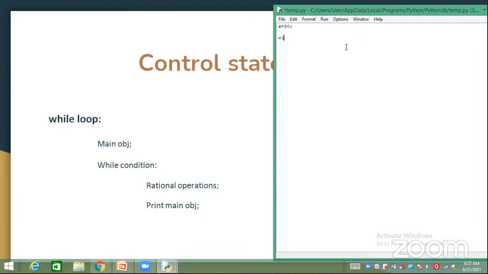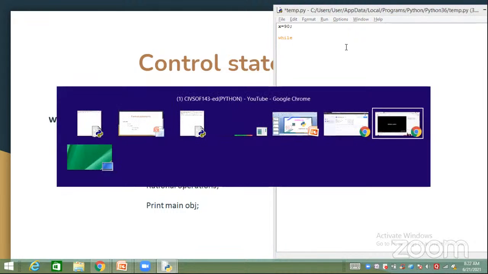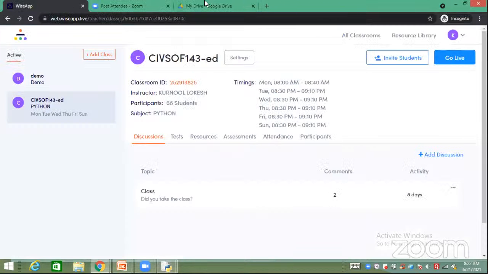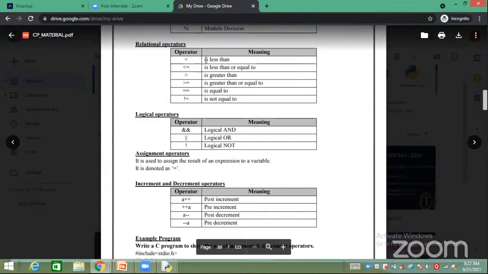while. I need to specify the condition here. The condition uses relational operators. Before you get to know about relational operations, you need to know about relational operators. Which are the relational operators? See here, relational operators